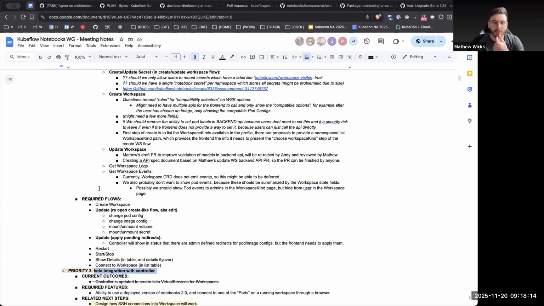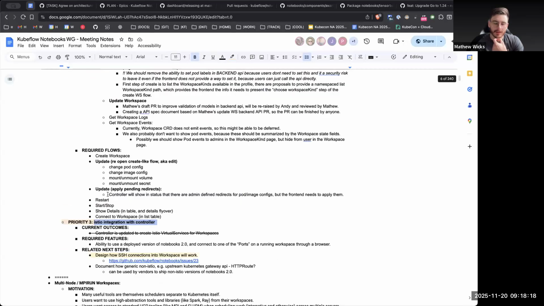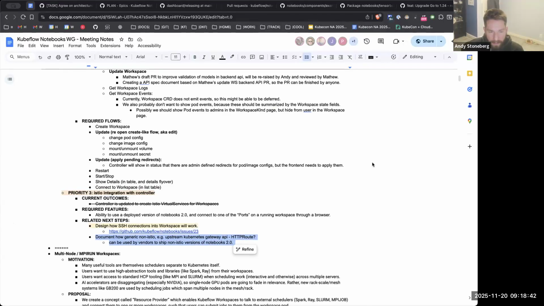Obviously that's not, where would that be under? Culling is literally not under anything. Because I do think priority 3 is not that, you know what I mean? It's an interesting debate, because the whole idea of this is that Istio is kind of complex, and I think we decided not to do this one straight away until we've had a little more testing to see if something needs to change.